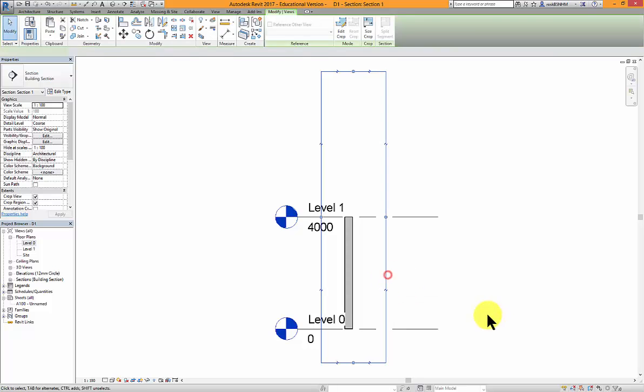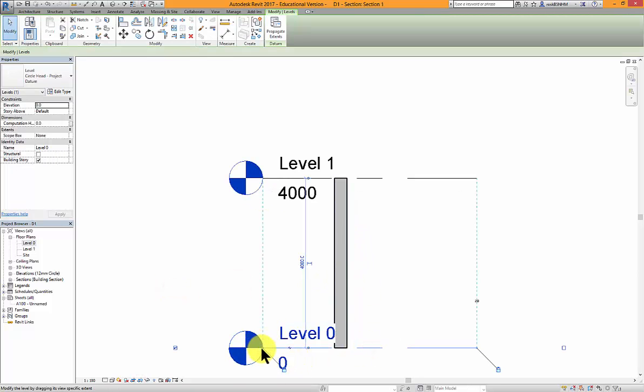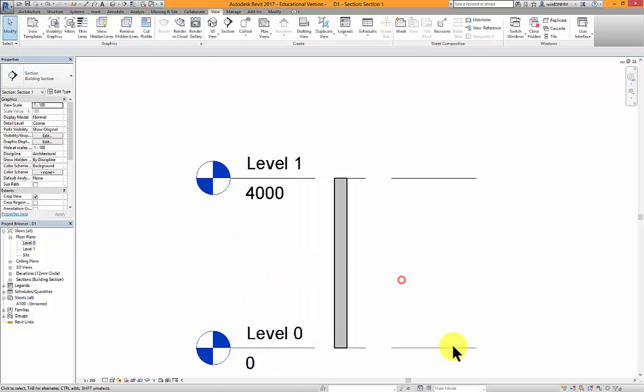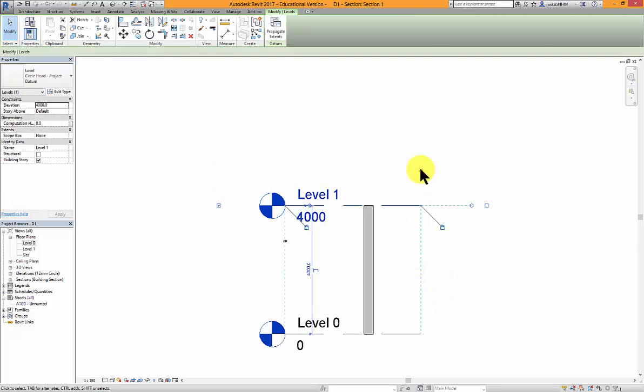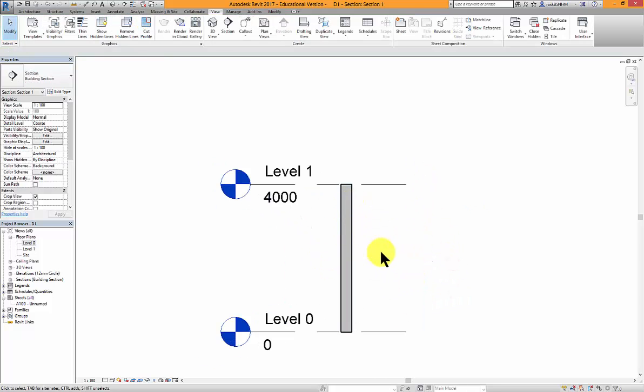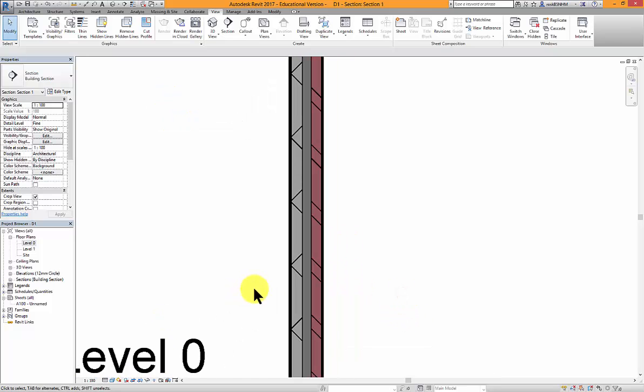Now this crop region, I'm going to turn it off. Also the style and the levels. So the levels, I would like to move somewhere here so I can see the wall. Then the visual style, change it to shaded. Nothing changed, but that's fine. And then the detail level to fine. Now we can see how the wall is